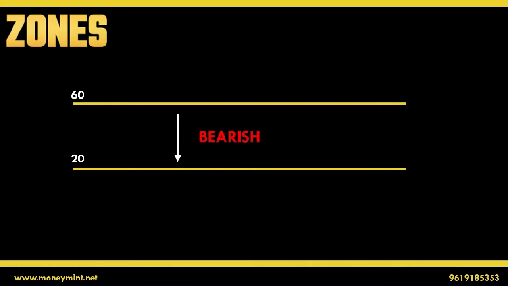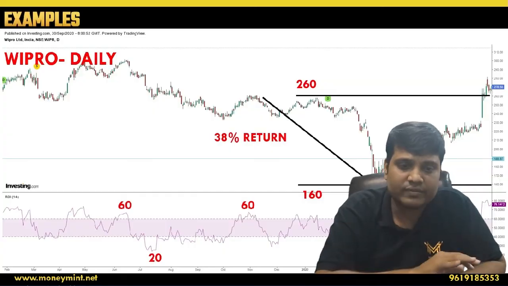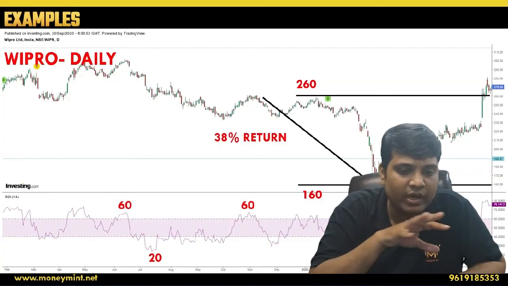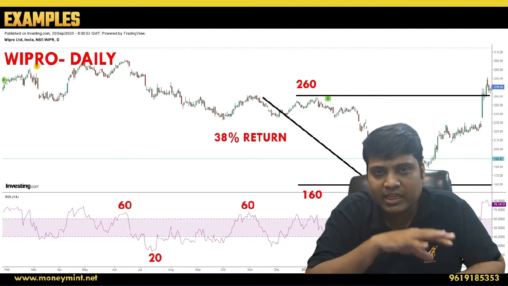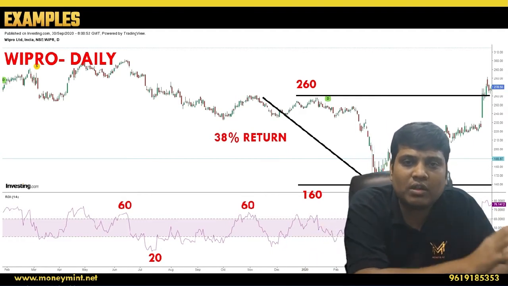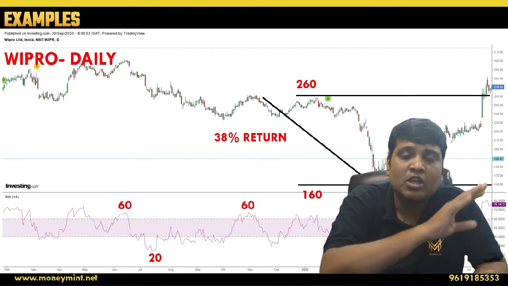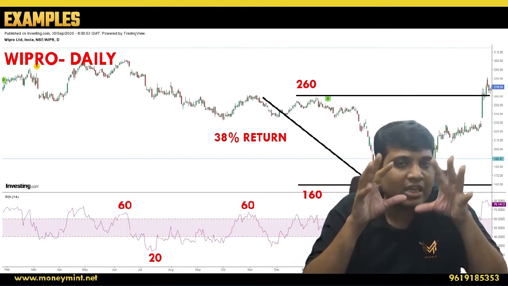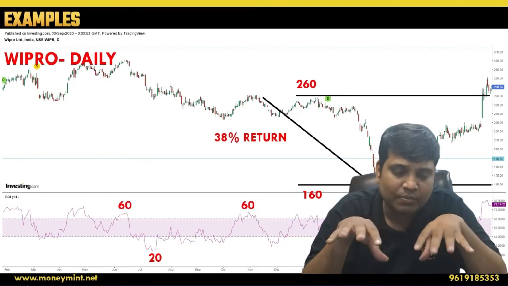For the down move, as explained before, the levels are 60 and 20. The moment the market breaks 40 for the first time and touches 20, that is the first signal, boss, that the market is going to go down. Then how to see it? Just see the market touching 20, then 60, then 20, then 60, then 20. So this is again a Wipro chart. First we saw the bull market, now we are seeing the bear market. So the market is always going to around 60 or 70 and then taking support.